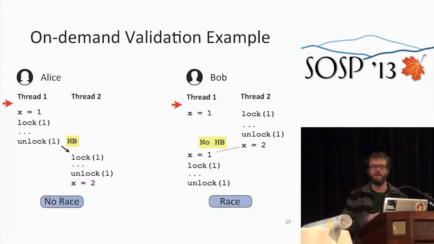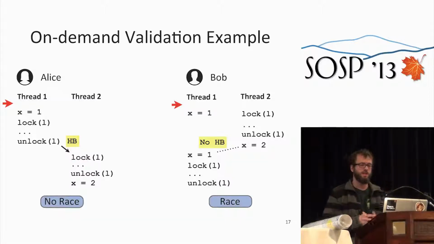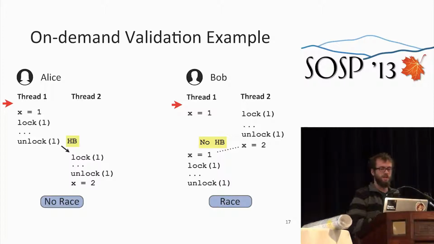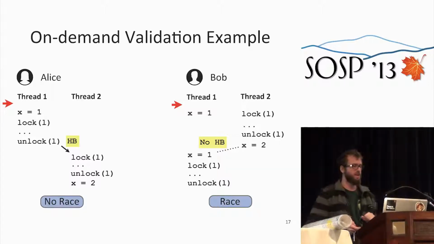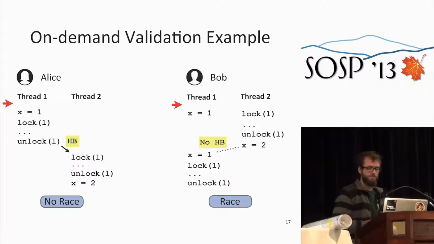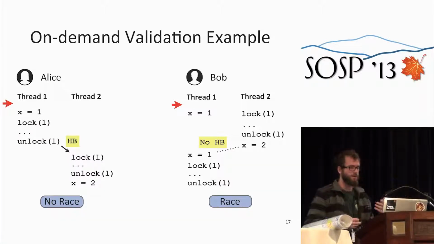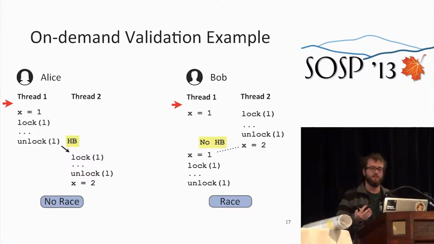To better understand how on-demand data race detection works, let's continue our example where DCI previously identified that the accesses to X can happen in different threads and that they can alias. Let's imagine that a user Alice executes the program as follows. Thread 1 goes ahead and accesses the shared variable X, at which point RaceMob starts tracking synchronization operations. Then it grabs the lock, continues executing, releases the lock, and at this point the execution switches to thread 2,